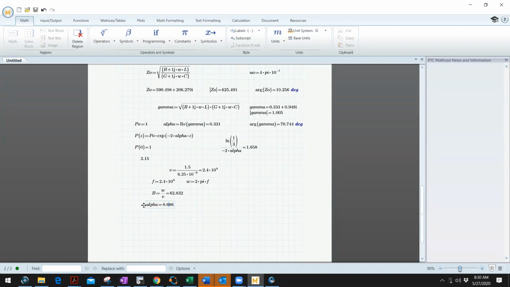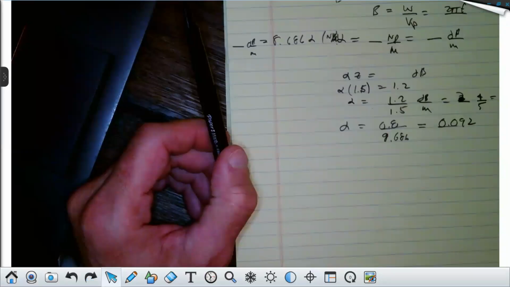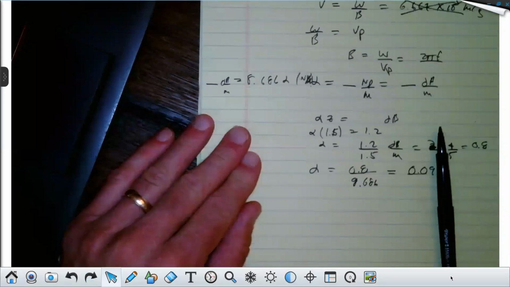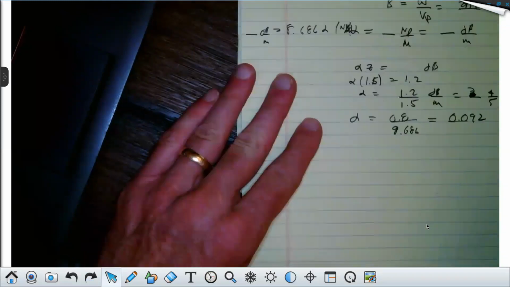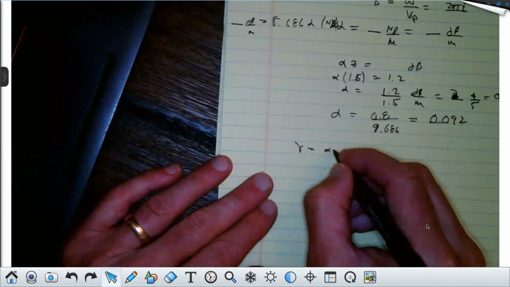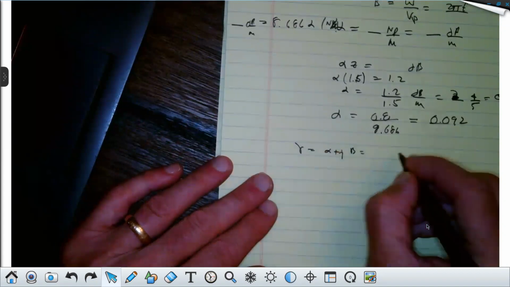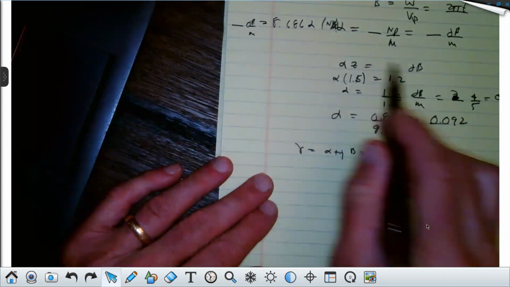Oops, it's 0.8 over that. 0.092. All right, so that means the propagation constant, the symbol for which is gamma, would be equal to alpha plus j beta, and alpha is 0.092 plus j, and beta was,